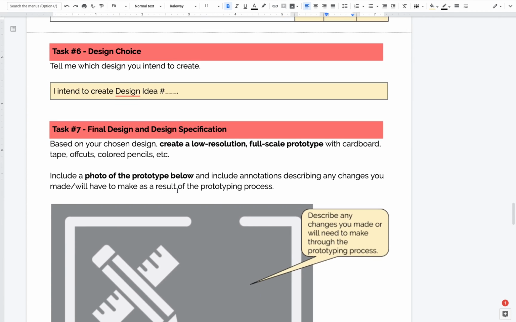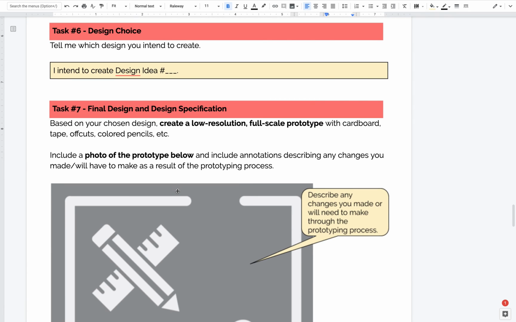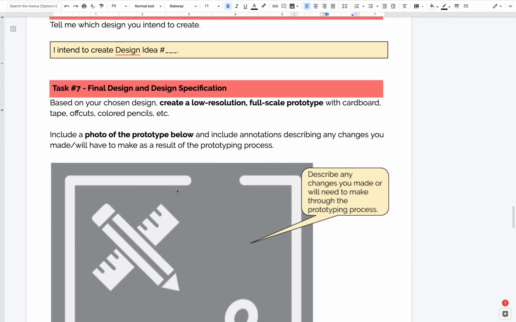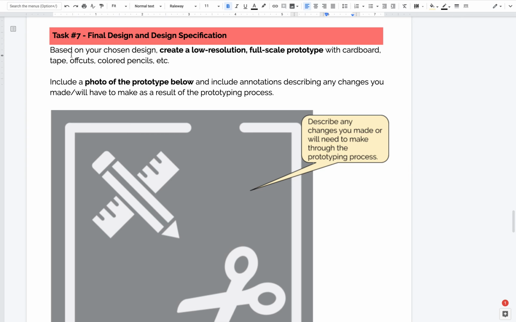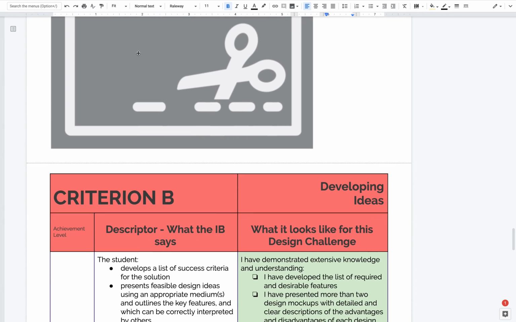Then we shift gears a little bit. We do something that is kind of fun and is really a good use of your time, and it's prototyping. Task number 7, final design and design specification. Based on your chosen,